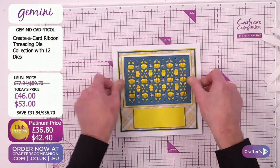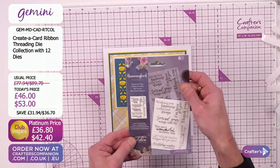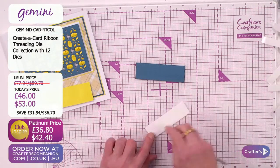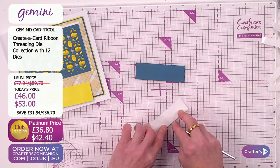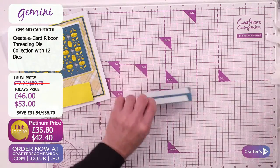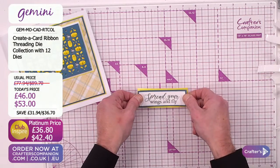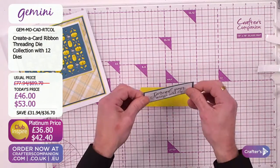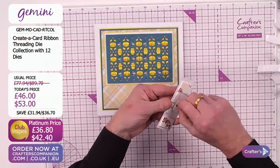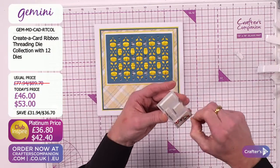so I'm going to pop that one here. So using the spread your wings and fly. That's on a piece that is 1 inch by 3 3/4, and you've guessed it, matte and layer that onto a piece of the turquoise, like so. Matte and layer that onto a piece of canary, like so. So I've just got that ever so slightly at an angle, so let's come in to here, and I've got some pads on the back, and then the last thing to do to finish it off from our original